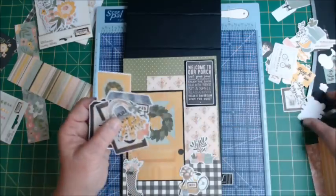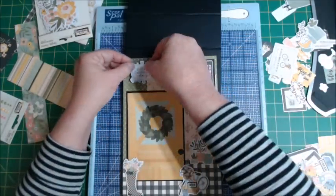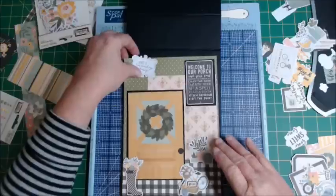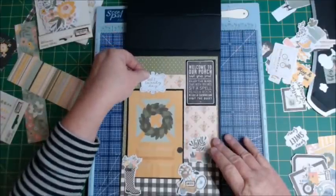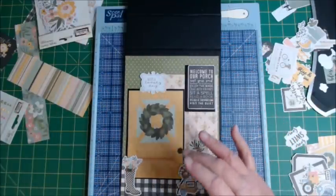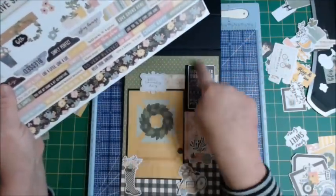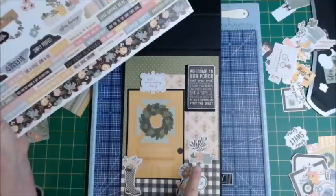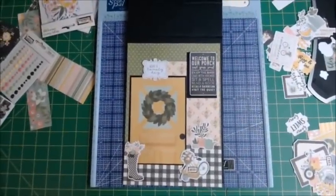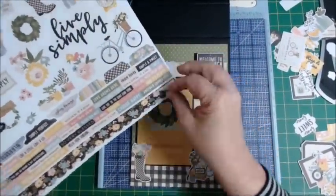Sorry, I'm just looking for the one I had to sign. And then what a lovely day. We can kind of have it hanging up over our door. And then across the top, I'm going to be using from my sticker sheet this border piece across here. You could even put it along your plaid. Let me bring this out. But this border piece will help